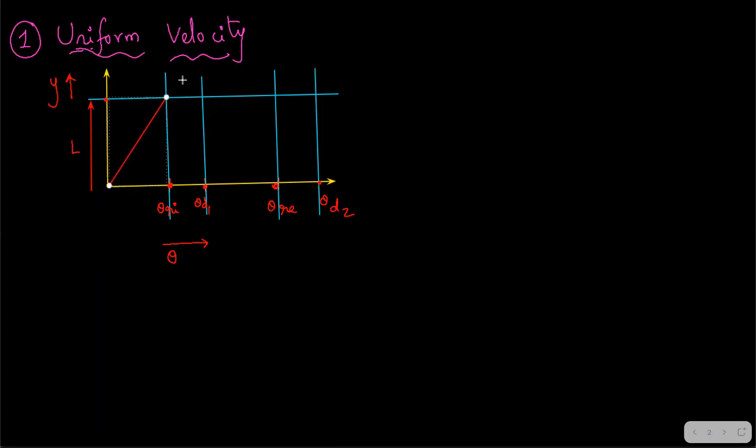It means uniformly the follower is having a uniform velocity motion. So this is the line which we are connecting, and then we connect the dwell period. So this is dwell, where there is no motion. This is the return. For uniform velocity, this is the displacement diagram.